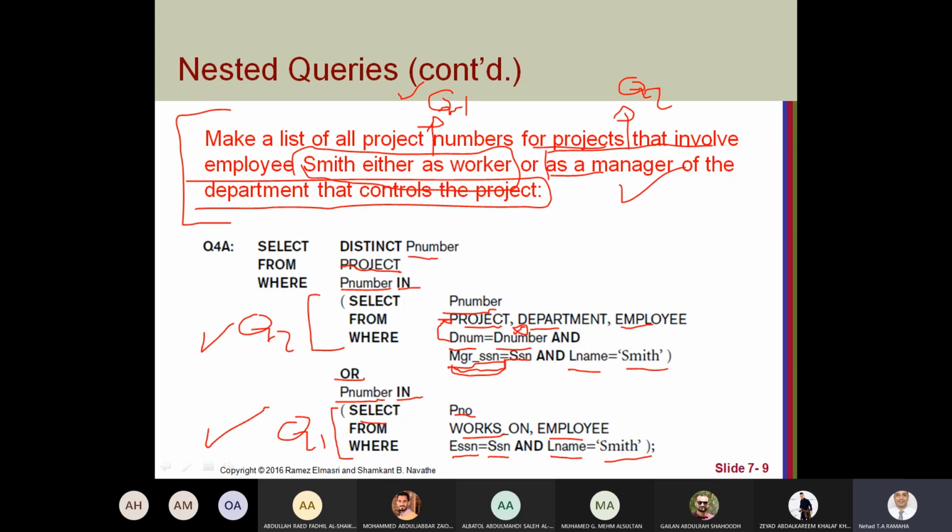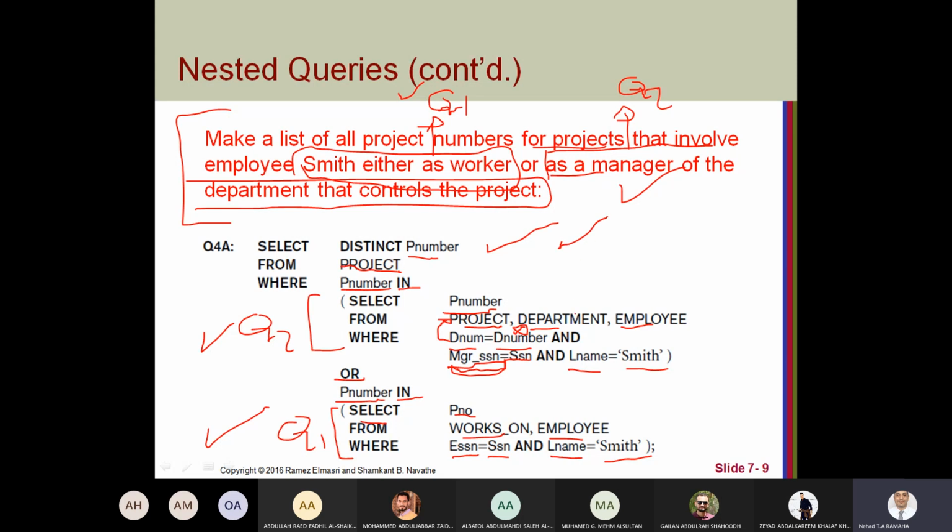If the project number is in the result of this query, it will be taken in the select statement. And if the project number value is also returned from this query, then it will appear in the result.